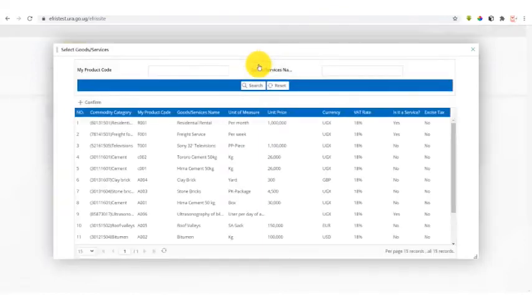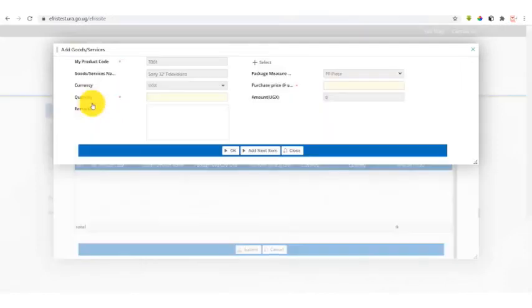We come to select here. We look for the Sony televisions that we have bought. In the scenario that you have an invoice and the details on the invoice are not available under this list, you need to go back under stock management and configure that particular good you bought from the supermarket so that you can be able to stock it in. Otherwise, you will not be able to stock in that particular item which is on your invoice from the supermarket but not configured under your account. So we select Sony and confirm.